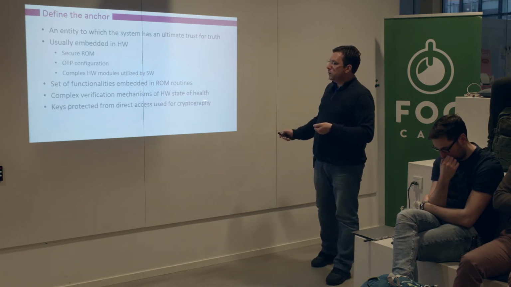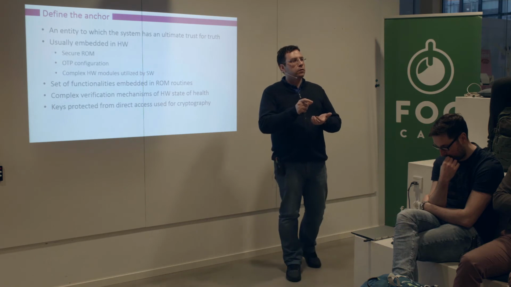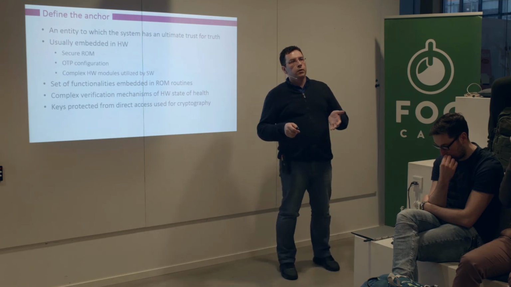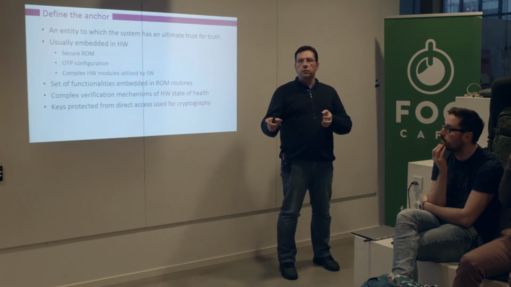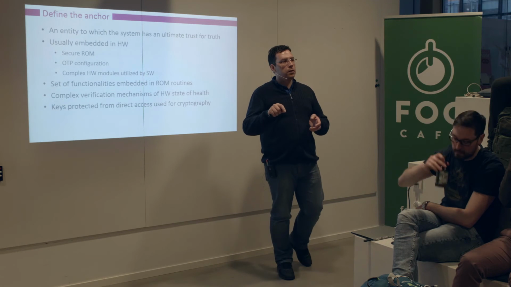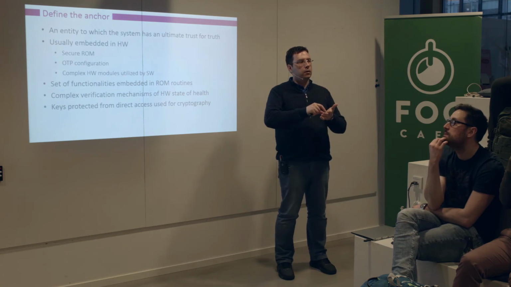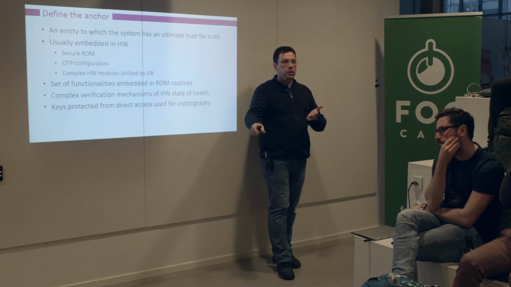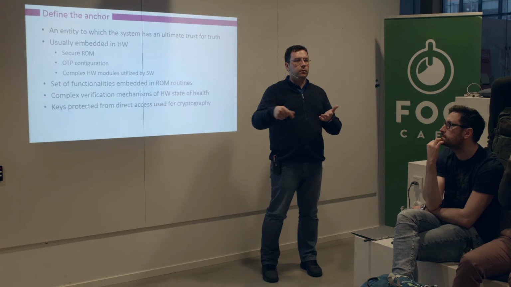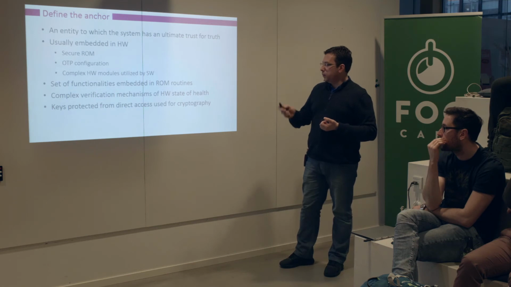Keys are always protected from direct access, meaning that there are no mechanisms which the user application can use in order to gain access to the keys. You cannot write an application in a modern operating system in which you say, okay, give me the master key out of OTP. Those operations are not allowed. You may request a service like verify if this digital signature is proper or not by using key number 1, and then the below services will gain access to the keys, verify the piece of binary that we provide, and we will get only a result back as information if the operation was successful.